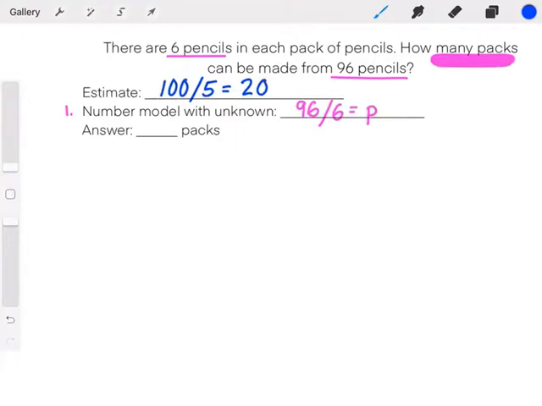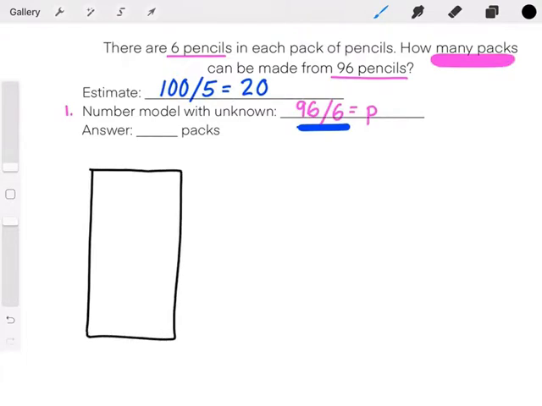Okay, so now we're going to do the partial quotients using 96 divided by 6. So I'm going to draw my rectangle again, and I know that I have to make groups of 6. Now I'm going to think to myself, is there any group of 6 that's close to 96? Remember, those 10s and 5s are really easy to do in your head. So I'm actually going to try